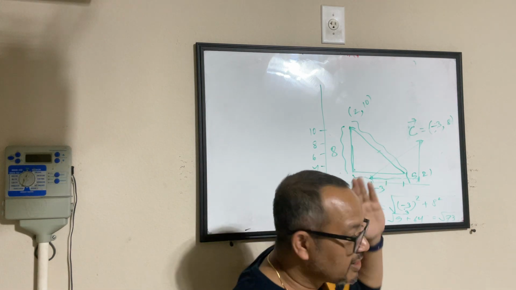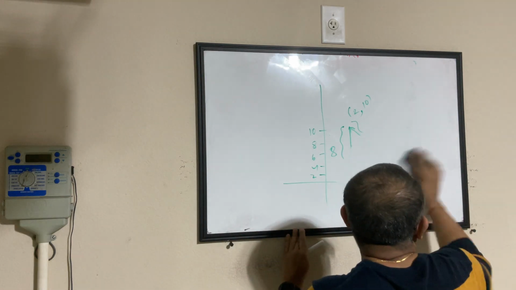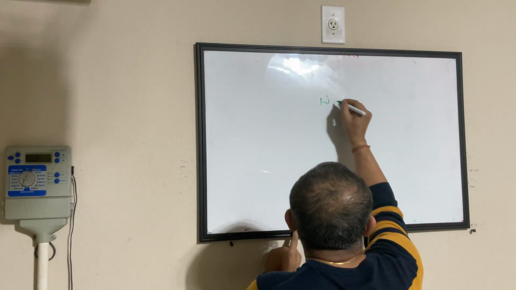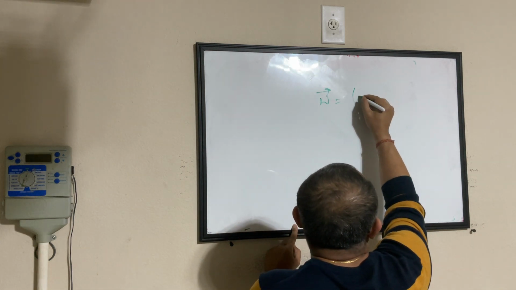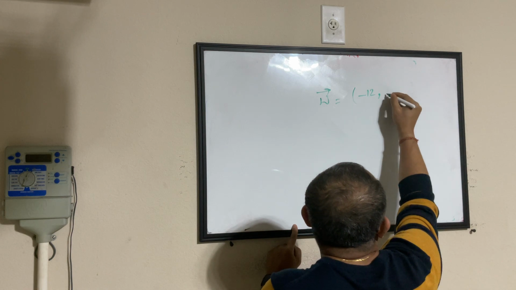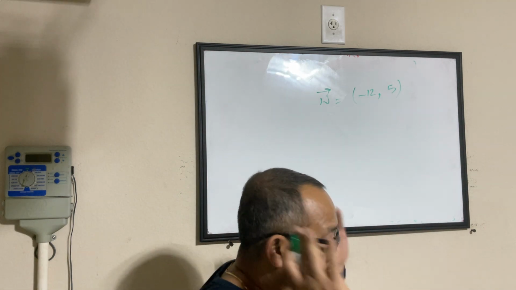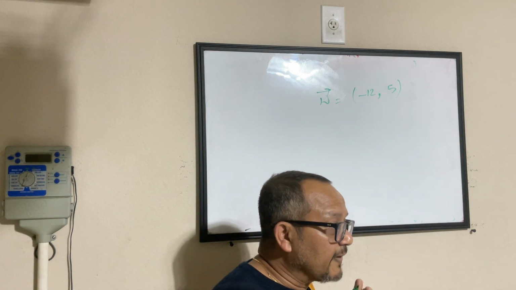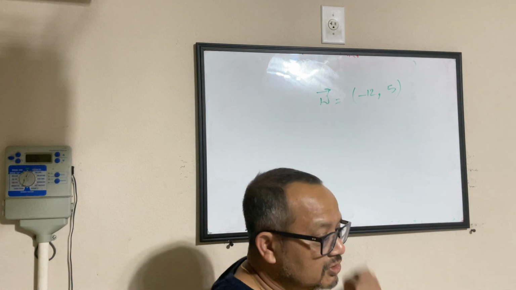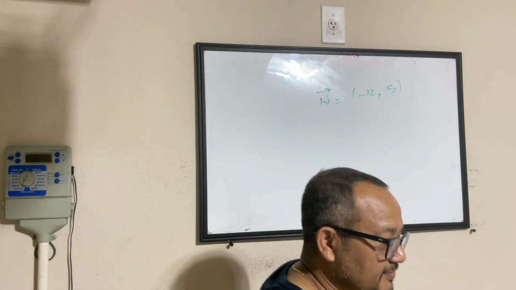So, just by looking at any vector, let's say I randomly say, okay, find out the magnitude of a vector W with values given as minus 12 and 5. It will just find out the magnitude. First thing you will say, fine, I have the x and y component already given. If I have to only find out the magnitude, I don't need any fancy thing. I'll get the square of